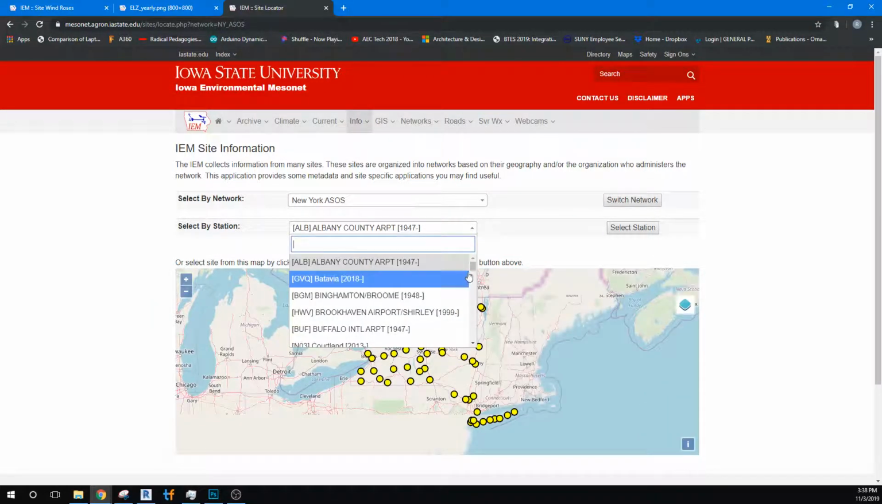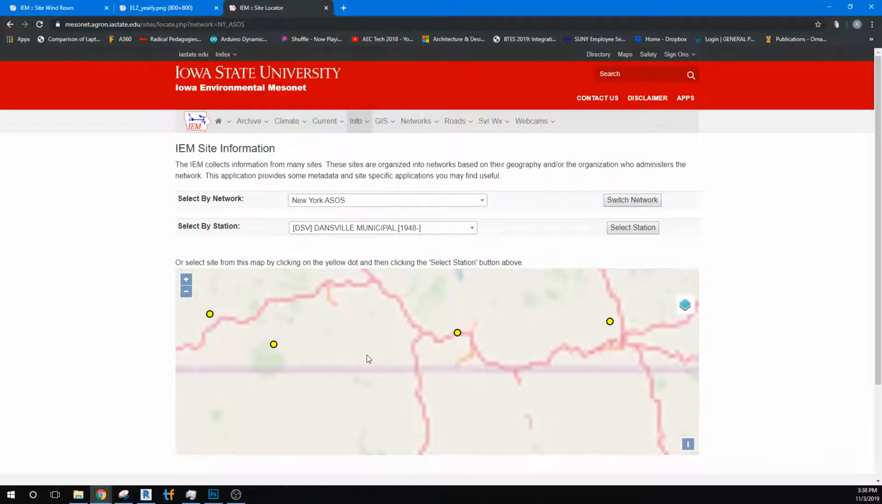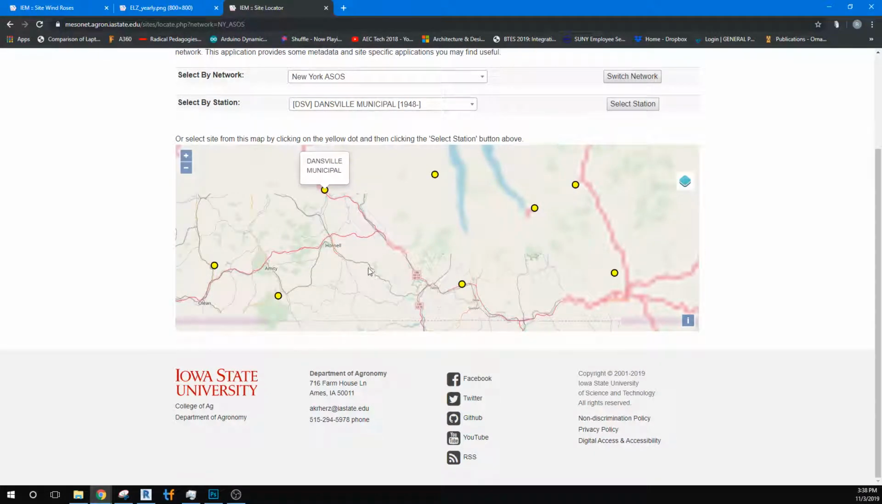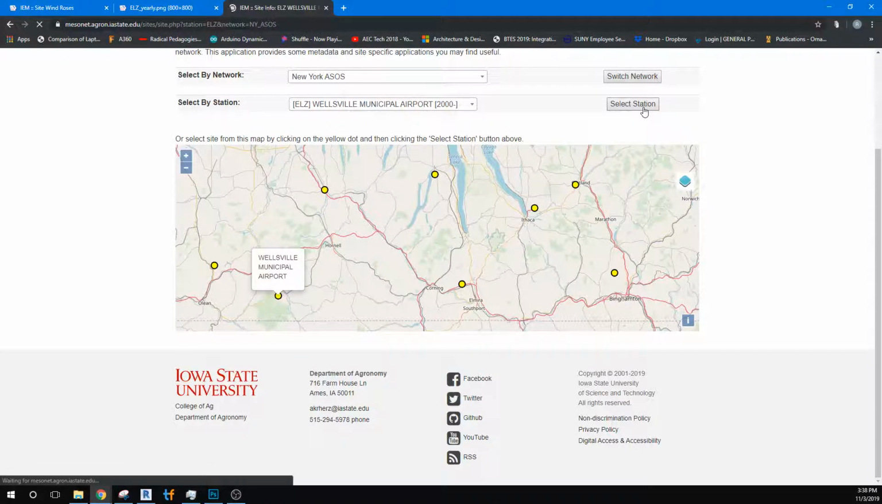I think we actually have Dansville, which is relatively close by. That might be our closest site. Let's see what this is. Oh, Wellsville. So we can select Wellsville,